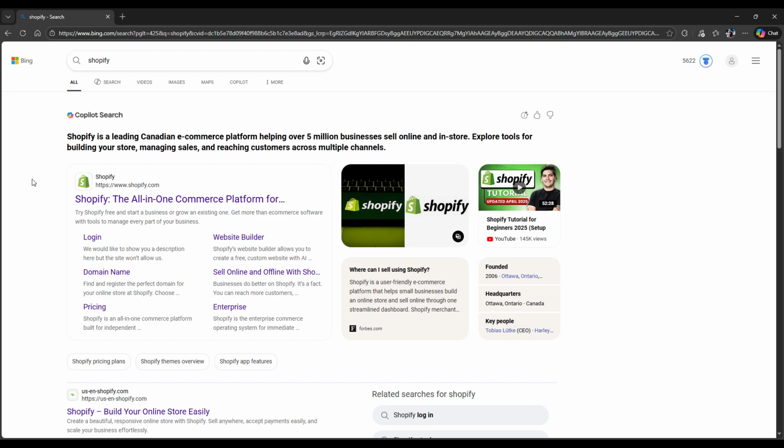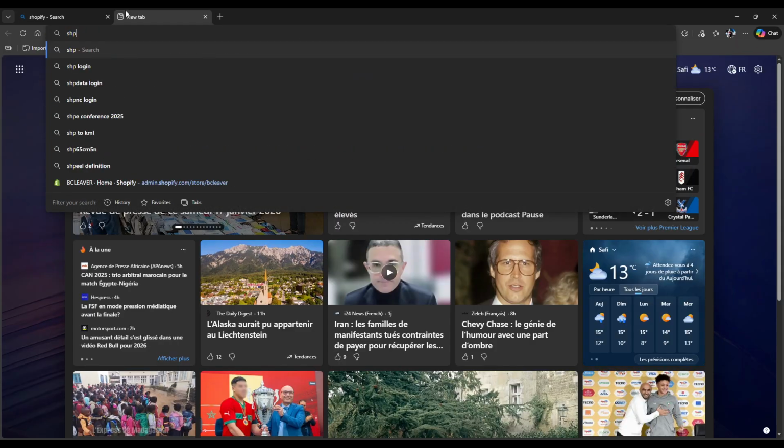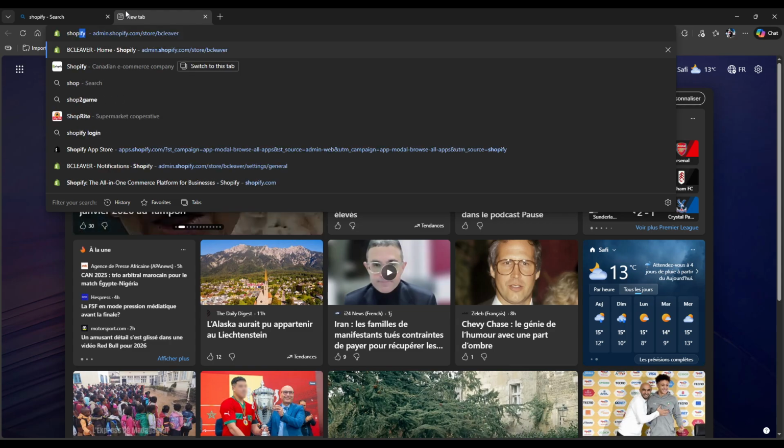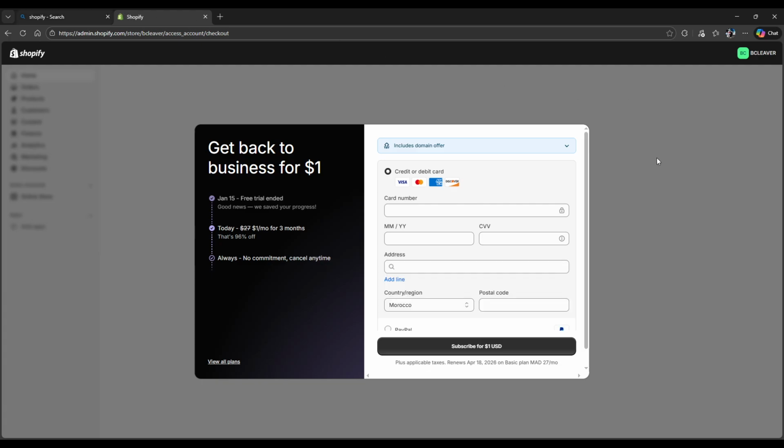Let's get started. Well, first, make sure you open your device, make sure everything is looking good, you are fully connected to the internet. Go and open your favorite browser and go through the Shopify, or just tap shopify.com all the way. Shopify.com, then hit enter. Well, now we're gonna go, basically log in, use your email address and password. Then we're gonna go and actually check